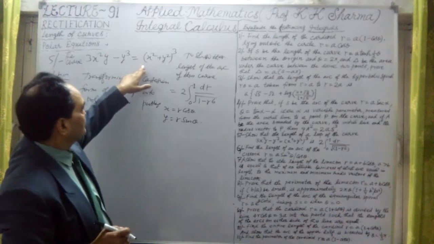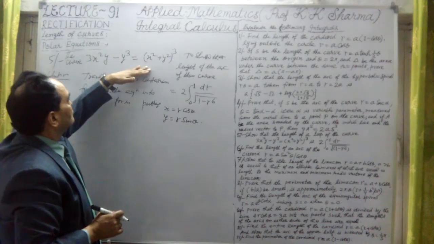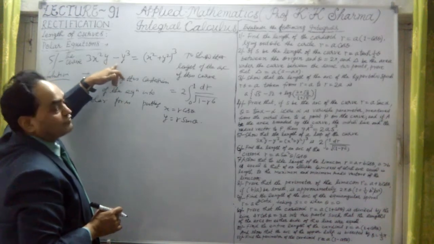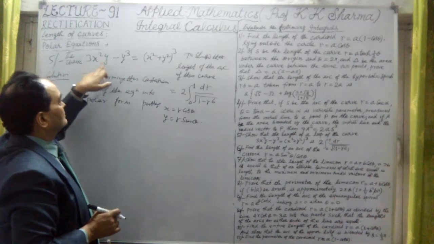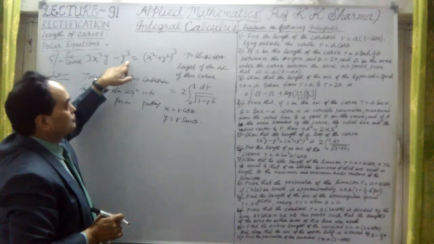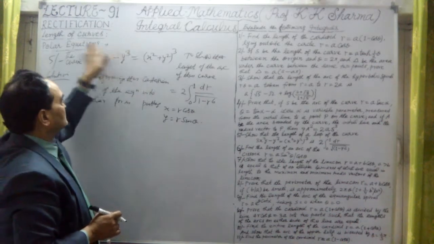So what we see here, this equation is symmetric to the y axis. Why? Because x is an even power, x is square, y is a single power, y is cube. Y is not an even power, but x is an even power. This curve will be symmetric to